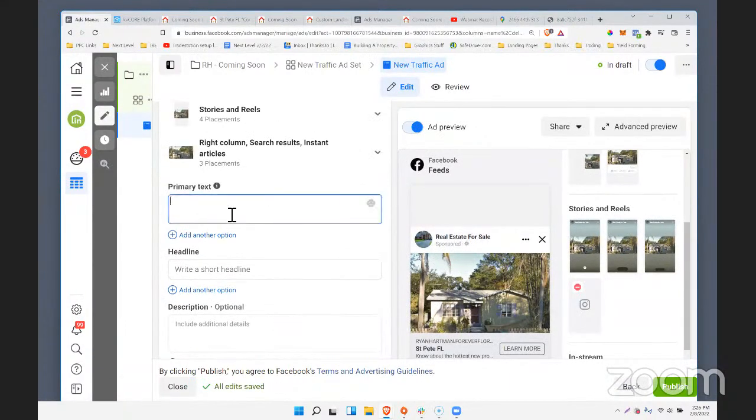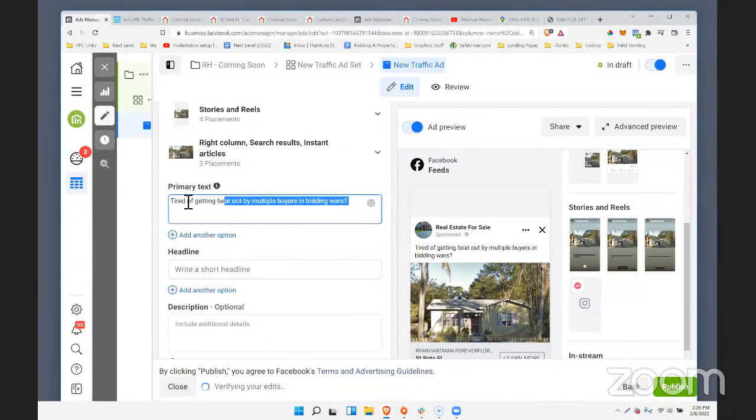And our primary text would be: tired of getting beat out by multiple buyers in bidding wars. All right. Now, that's an interesting one. I wonder if I'm making a mistake there, because that would imply they already have an agent, huh? So maybe I'll word that a little differently. Paying attention to the actual ad copy and what it's saying and who it will attract definitely makes sense. So I think I'm making a mistake there. Instead of tired of getting, we'll just do